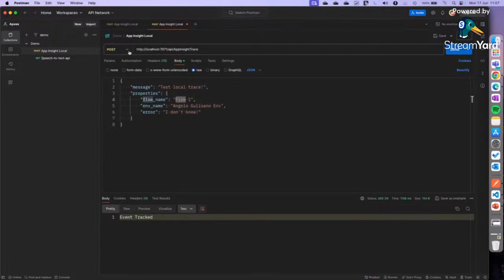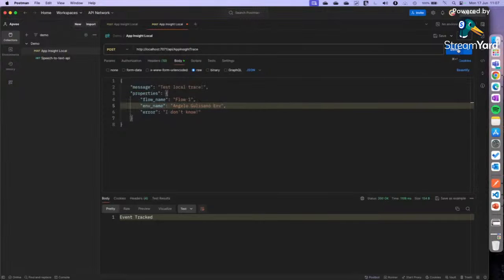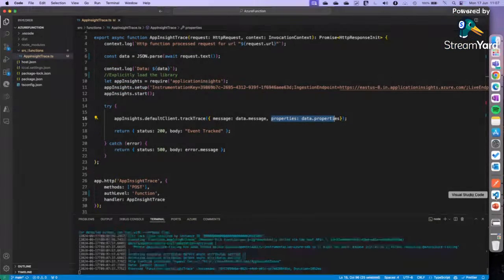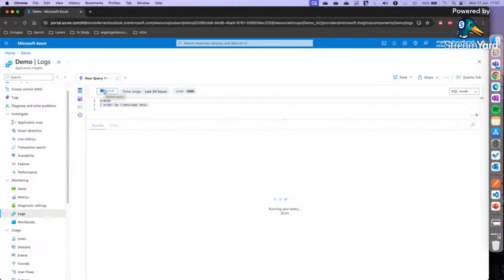Then here we have a post method and the local address of our Azure function, and as I showed you before, we have a message and properties with the custom object. Properties and message. So I send a call, and here it's okay. If I come back to our Application Insight,